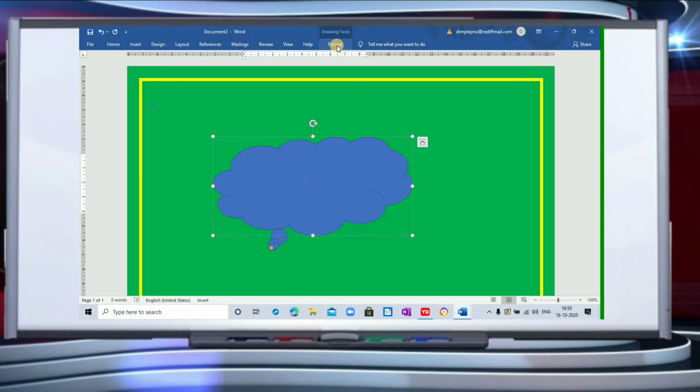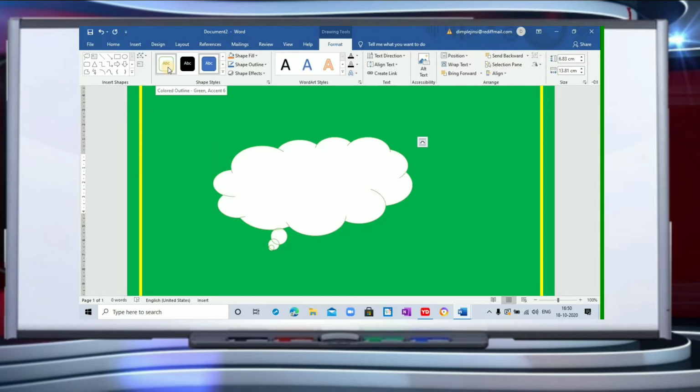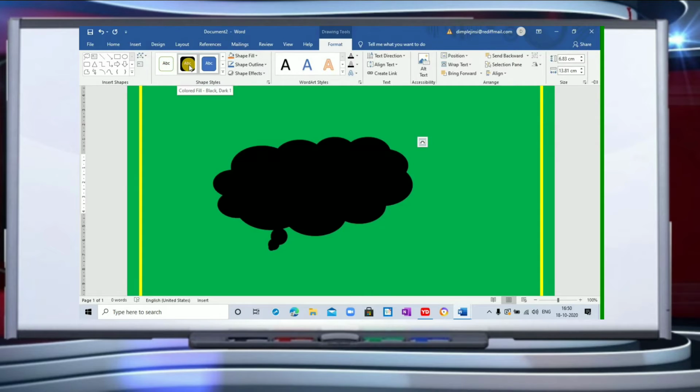So let me click on this Format tab. Once I click on it, you will see so many options here. Now if you go to the Shape Styles group and click here, this will turn completely white. If I click here, the cloud will turn black.